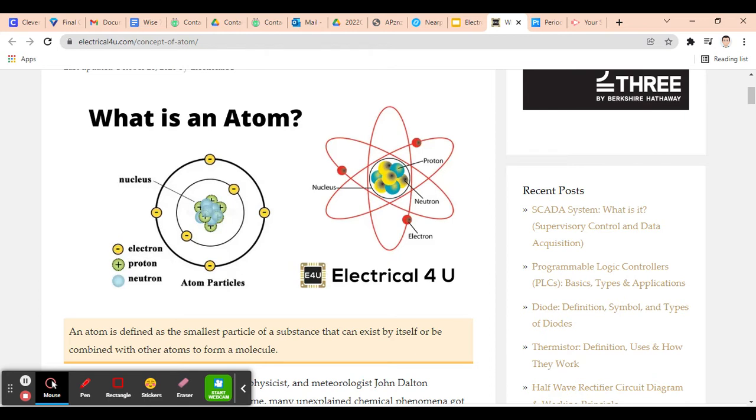The atom is defined as the smallest particle of a substance that can exist by itself or be combined with other atoms to form a molecule. So what does that mean? Well, all matter is made up of atoms. Now, some of those atoms can exist by themselves. Other atoms need to be combined with other atoms to form a molecule in order to be stable and exist